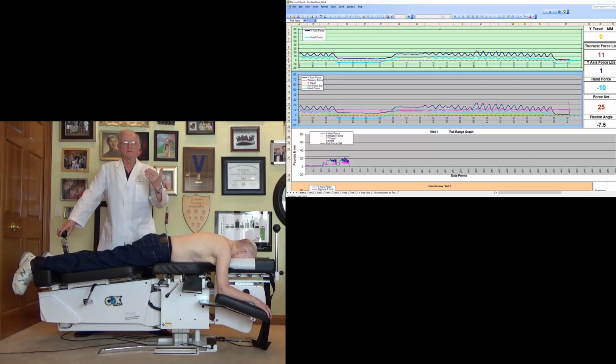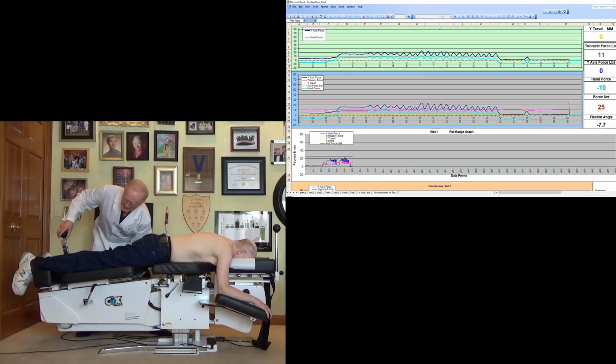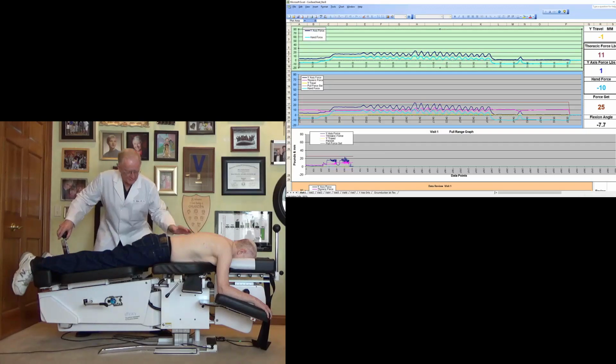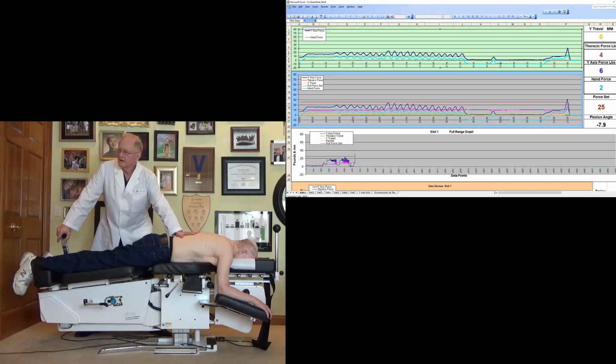Futuristically, on the board, will be studies to show how much distraction force, newtons or pounds, is creating increase in the interspinous space and thus reducing stenosis. Manual. Now please watch automated. I can lock the instrument and apply automated, but watch how much stronger automated is. Watch the force. I'm going from 10 all the way up to almost